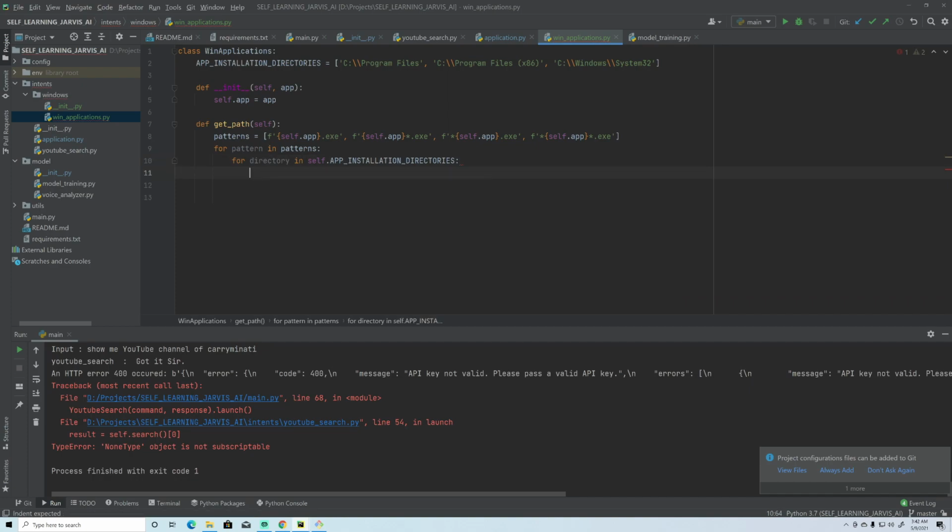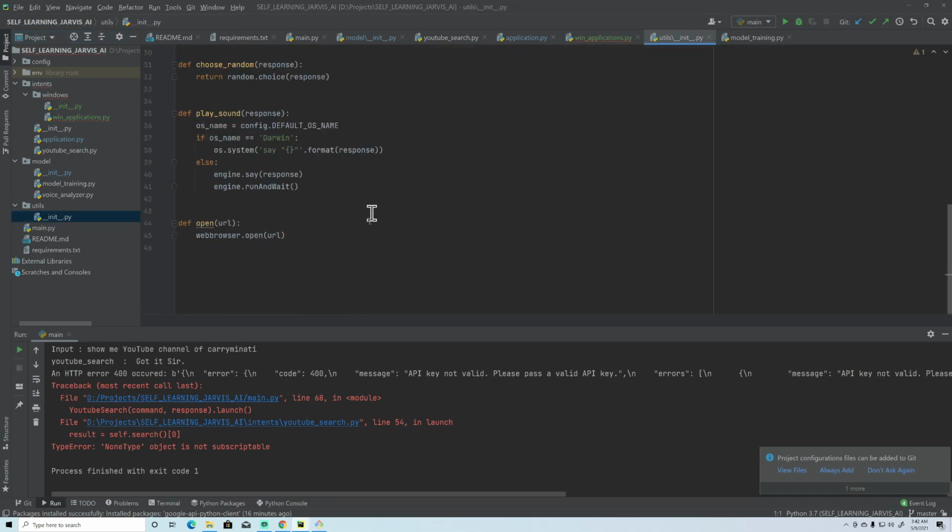So how can we do that? Let me have here def find_file. And I should put this find_file into utils, because we can have some other classes also that depend on it, based on the future capabilities which we are going to integrate into Jarvis.